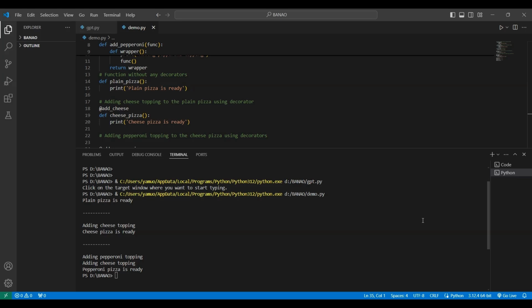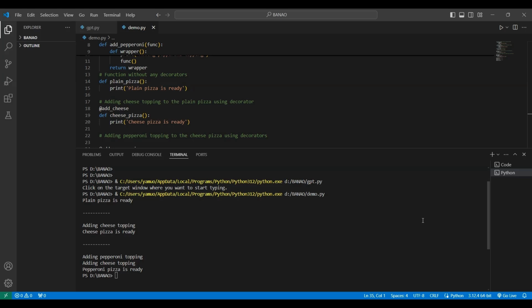reuse of functionality. One real-world example of decorators in the industrial context is in web development frameworks. For instance, in Django, a popular Python web framework, decorators are used to add functionalities to views, such as authentication, caching, and permission checks. Another application of decorators can be found in microservices architecture. Decorators can be utilized to apply common functionalities like logging, error handling, and authentication across multiple microservices without duplicating code,